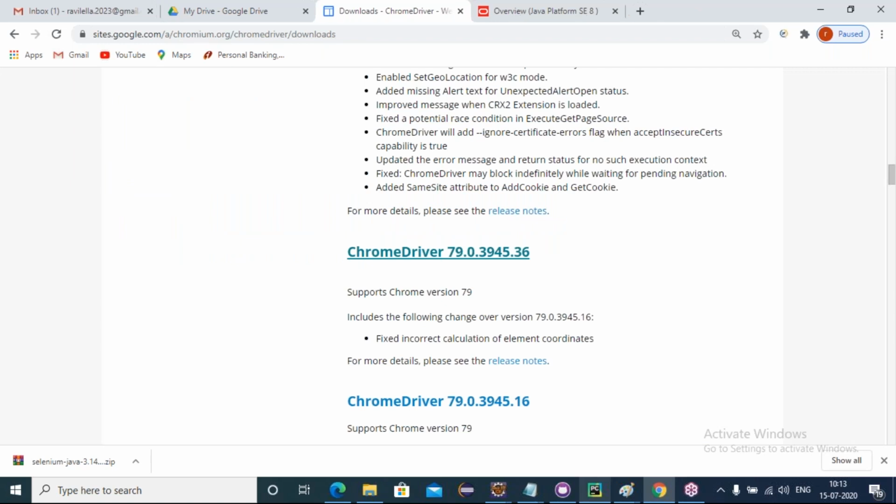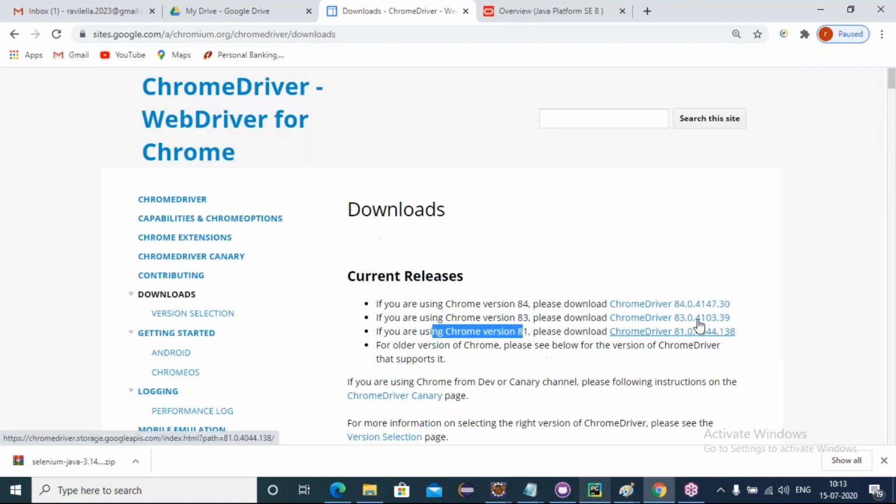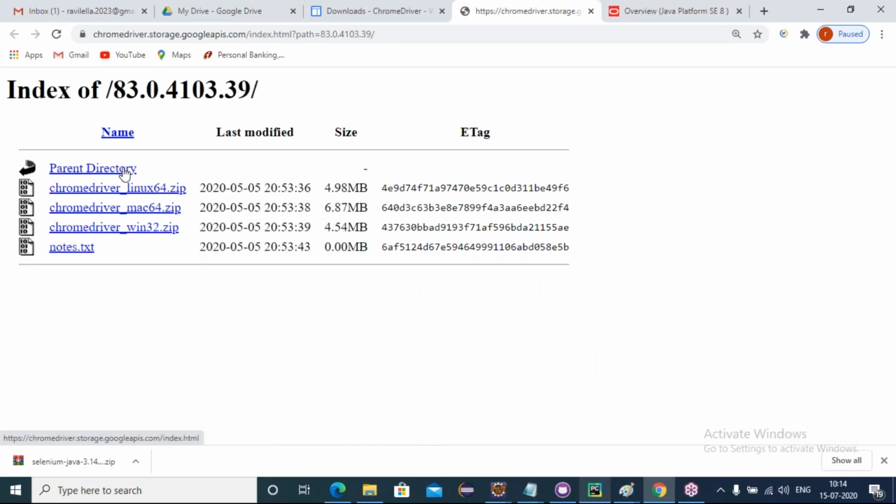Getting, friends? Like this. So I can go directly like this, 83. Mine is 83 browser. This 83 supported. This is the driver. Click on that. So we can click on the Chrome driver Win 32 because mine is Windows system. Even 32 or 64-bit, only one driver is there for Chrome for Windows, Win 32. In the case of Mac, the people you must download this.